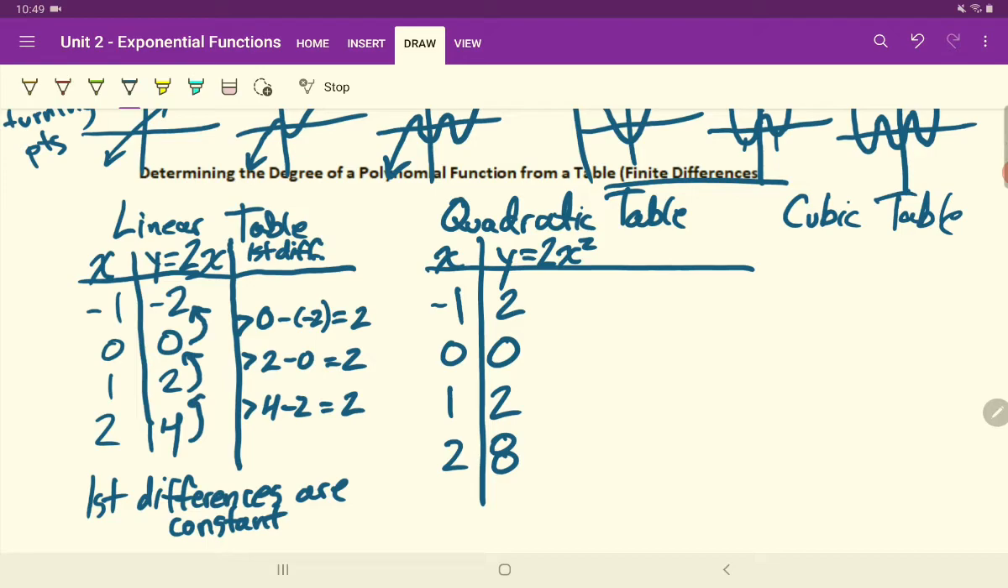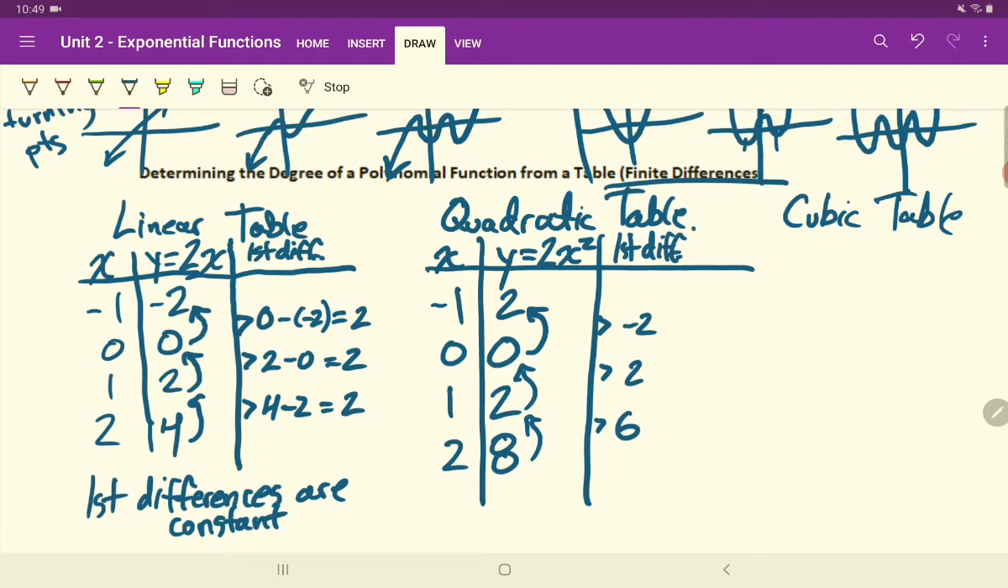Okay, now let's find our first differences. And what we're going to find is that they're not constant for a quadratic. Okay, so 0 minus 2, -2. 2 minus 0, 2. See, they're not constant. 8 minus 2, 6. But what you will find is that the second differences